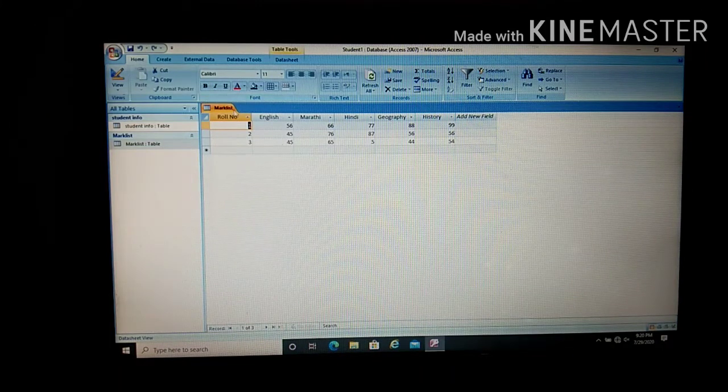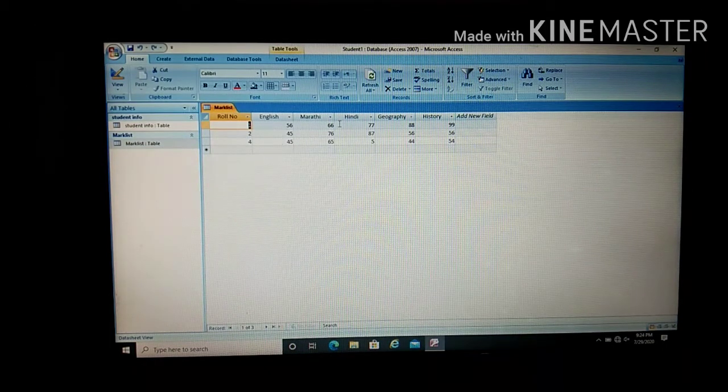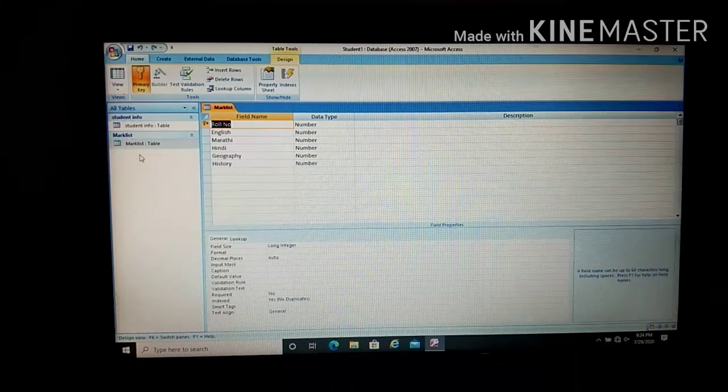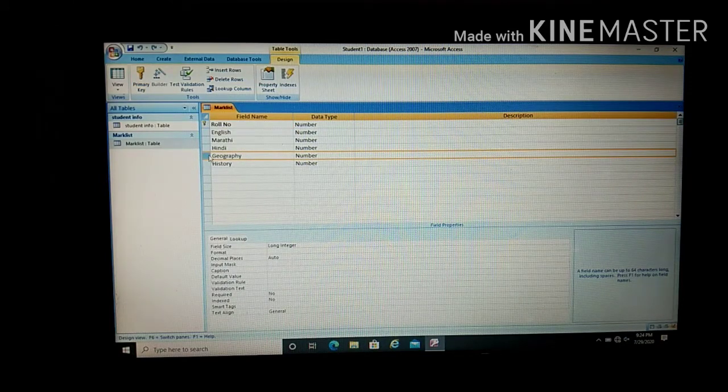Did you get that? How to insert a new record in your table. Just click on the design view, and suppose you want to add one more subject, and after Hindi you want a new record. So I will click on the field here, select it here, and can you see this insert row?